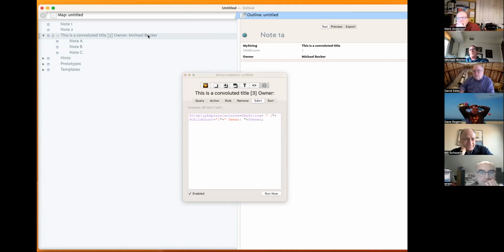Go ahead now, Mark. Yeah, just a very quick one, because it was doing it when you first showed it, and it's a thing that sometimes confuses people. Occasionally, you'll make a change and something won't update. In this case, I think the first time you set the display expression, the text pane updated, but the view didn't. Correct. Don't worry. It's like that for a reason, because this is a tiny file, but if you had a really big file, if Tinderbox spends too much time dashing to update everything all the time, its activity doesn't go elsewhere. And not to worry, if you know you've done something, basically what you want to signal to the app